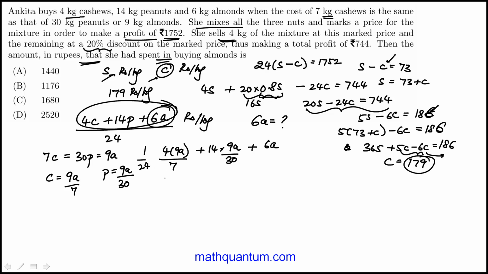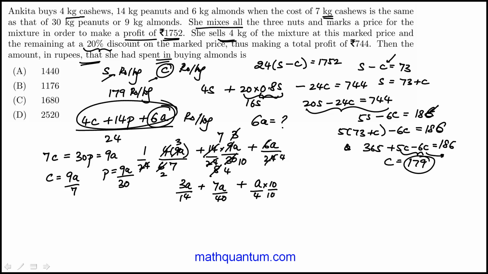So we'll see if we can reduce each one of these so that I can deal with more manageable fractions. 6. So this becomes 3A over 14. Here, 3, 8. Of course, if you make a mistake here, then that would be impossible to recover from. 3, 10. So 7A over 40. Because eventually the answer has to come out nice. A over 4. So if I multiply this by 10 over 10, so this is 10A over 40, so 17A over 40